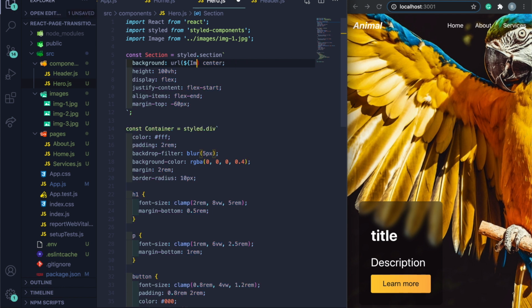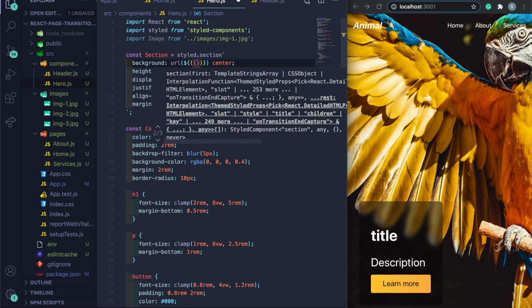So here I can say, let me erase this. This is a typical URL, like for a background property. So instead, I'll just do dollar sign, curly brace, parenthesis, curly brace. I'm destructuring this too. So normally it'd be props dot image or whatever you want to call it, props dot something. But since I'm destructuring it, I don't have to say props, so I can just say image is what I call it. And outside the curly brace parenthesis, you put the arrow function,